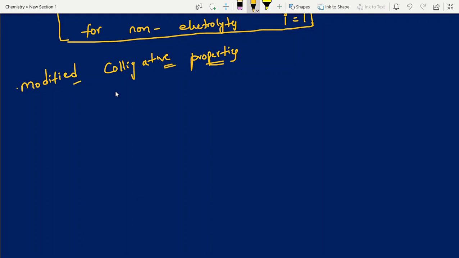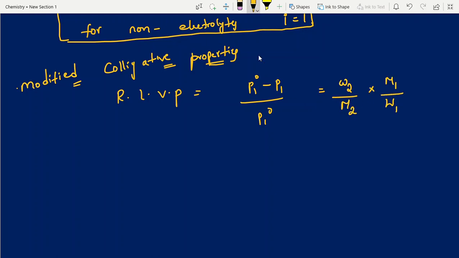Colligative properties related to lowering of vapor pressure: (P1° minus P1) by P1° equal to W2 by M2 into M1 by W1. Here also same thing, but here what is the modified one? Check it. As it is he has written, but here